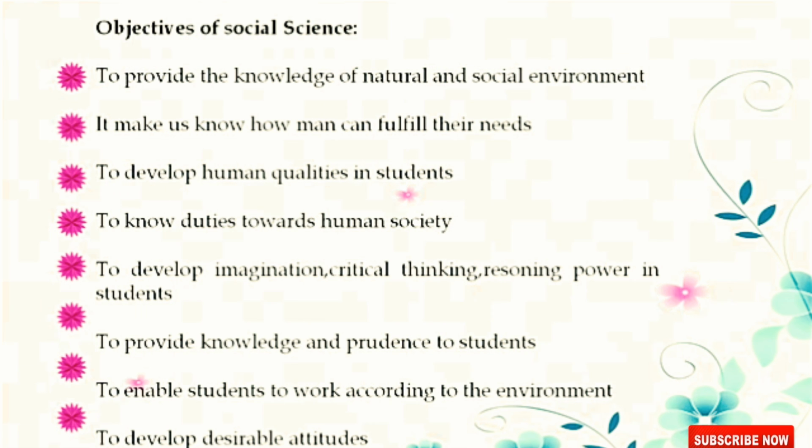We will discuss the objectives of teaching the social science curriculum in the modern era. The objectives of social science have always been to provide knowledge of the natural and social environment. It is to make us know how man can fulfill their needs, to develop human qualities in students, to know duties towards human society, to develop imagination, critical thinking, and reasoning power in students, to provide knowledge and prudence to students,